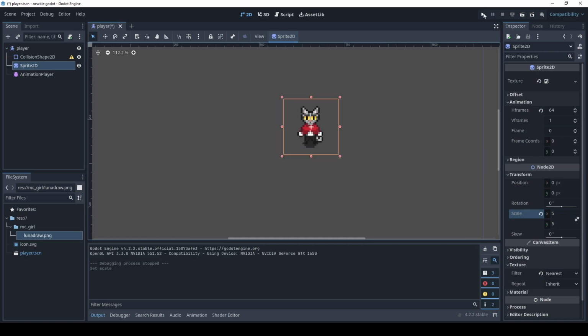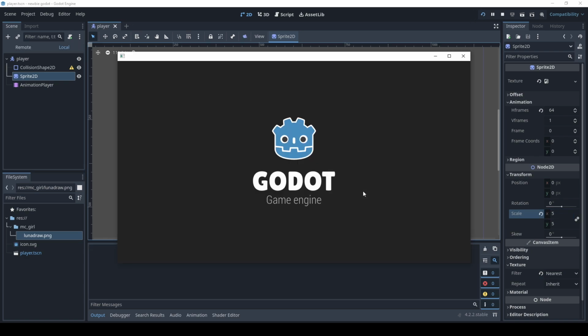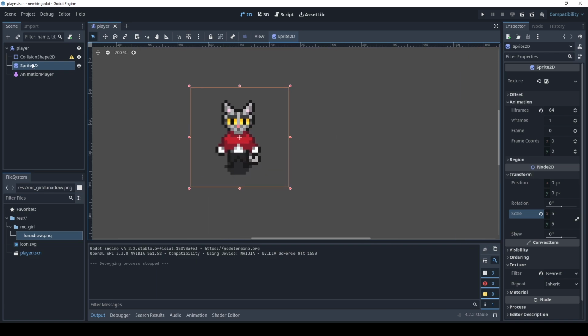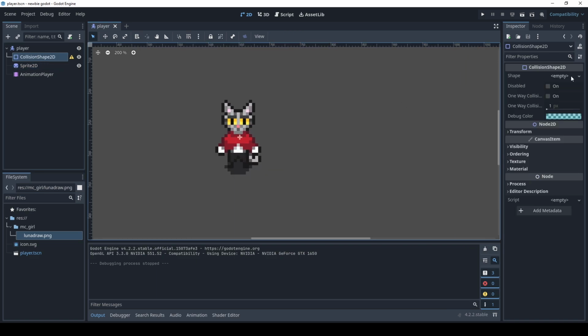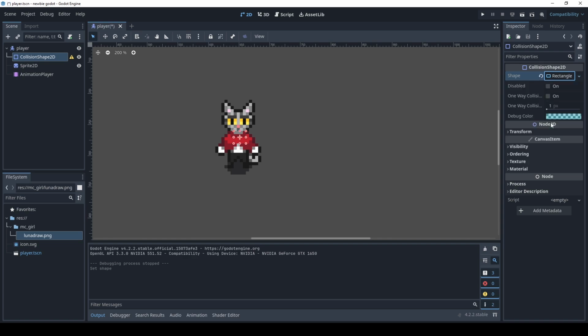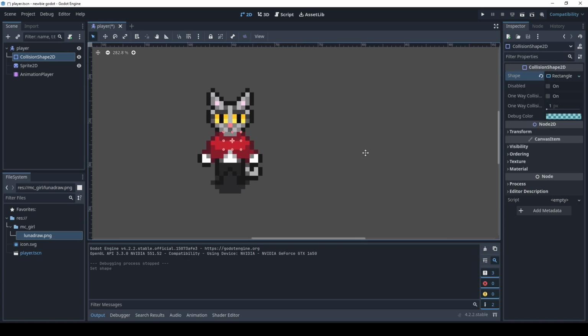Yeah, I guess it's proper, right? Yeah, a little bit better. So about the collision shape, we just use the rectangle shape, and there are these dots here. It's like just fill it to our character here.